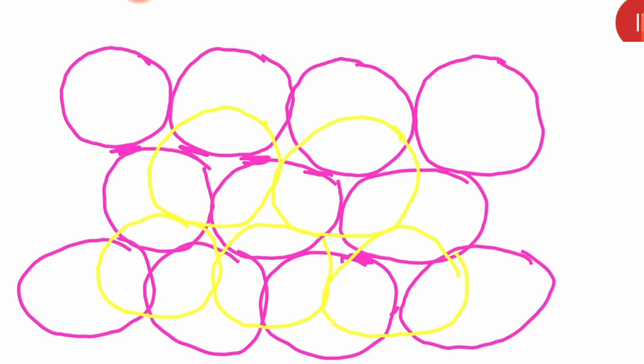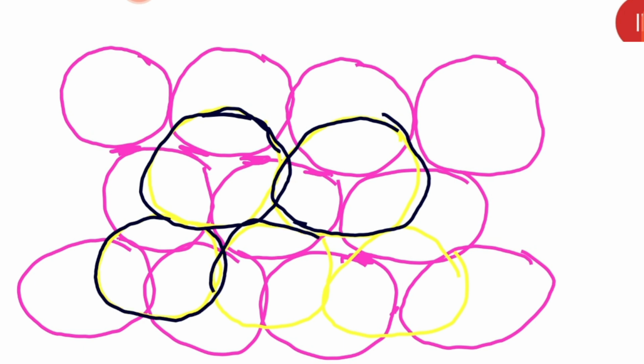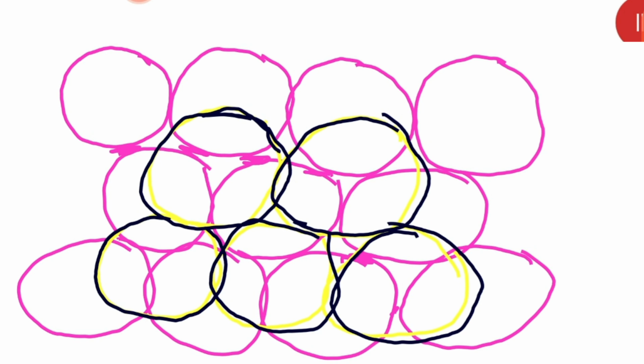Let it be, I will make them black, more visible to you. Look carefully, I am placing these black color spheres over the voids. I made this black, as the yellow was not visible properly. Here you go, this is the black color sphere. What I am putting over there, then what will happen? You please see, all of you, the first color I had was this one, this is layer A. And this black color sphere, this is layer B.